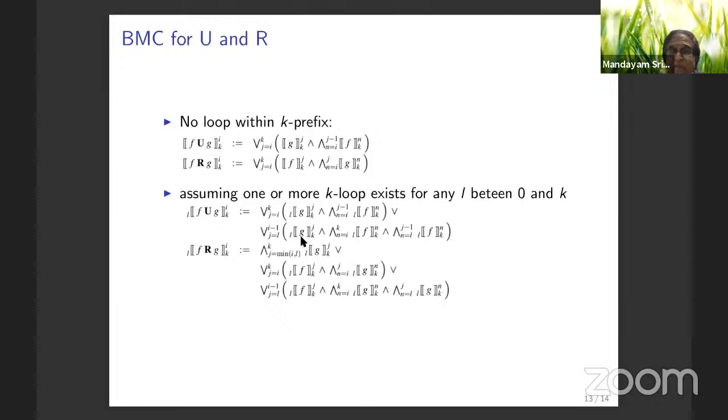So if it is true at L, this is adding from I to K, and this is adding from L to J minus 1. So you have to add that portion from I to K, and then loop back to L, and then add it from L to J minus 1, where J is the point at which G is true in the looping part, and that's the extra thing that you will have to add to take care of the precise version of the